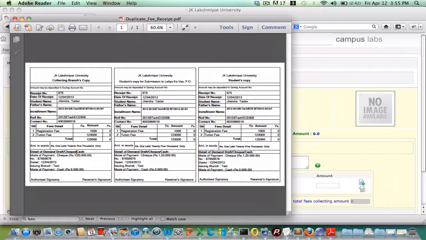You can see that two payment modes are coming over here, one for check and one for cash, and total 1,25,000 has been collected.